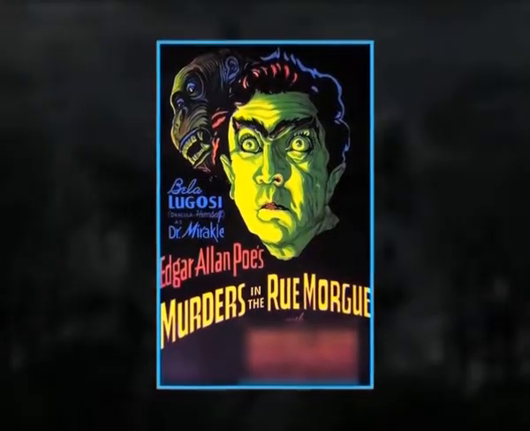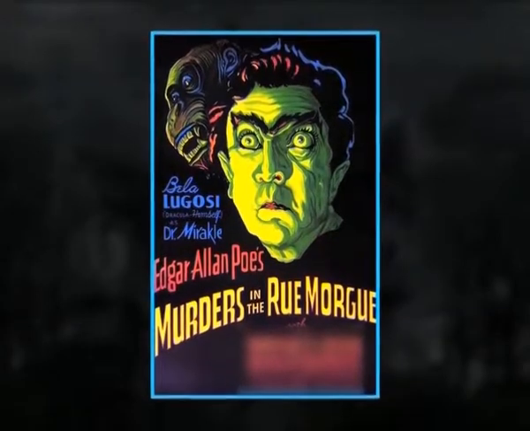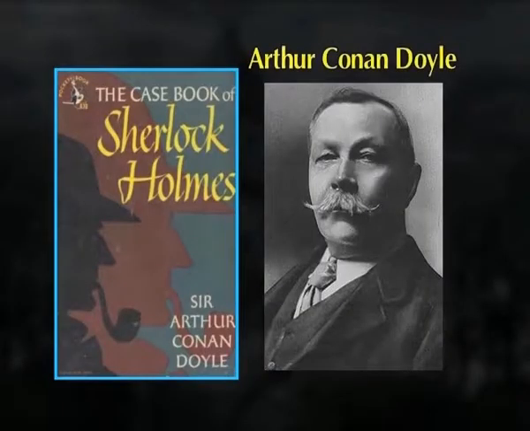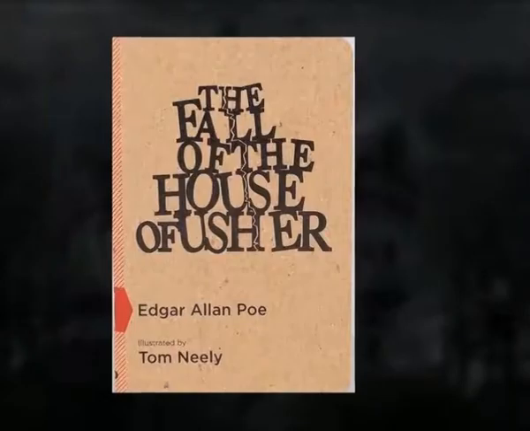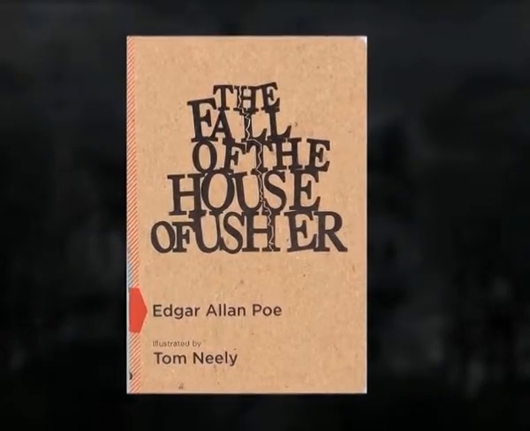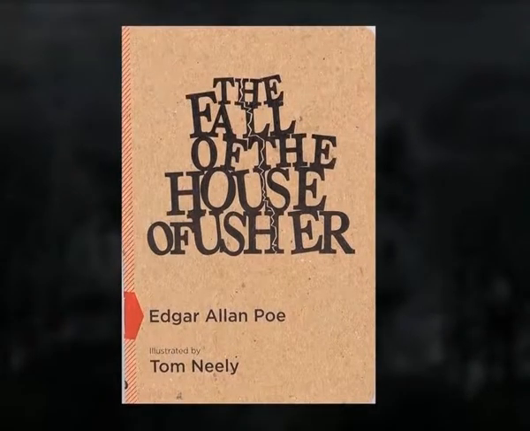This famous closed room mystery was inaugurated by Poe in a famous short story called The Murders in the Rue Morgue. His detective character, Auguste Dupin, has become now legendary and is perhaps the forerunner for Arthur Conan Doyle's classic detective Sherlock Holmes. The Fall of the House of Usher is arguably Edgar Allan Poe's most famous horror tale, but